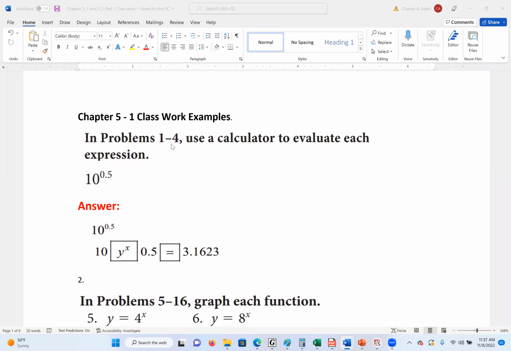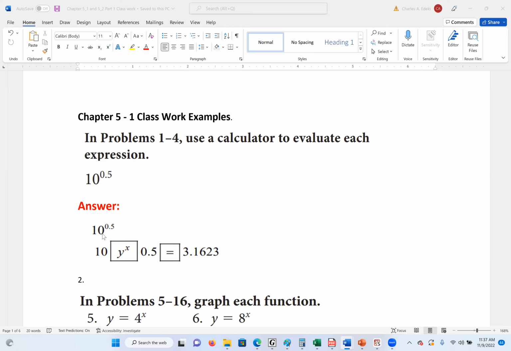Now, most calculators, as we said earlier, have a key y to the power x. Some calculators use x to the power y, but I think the majority of calculators use y to the power x. So to use the calculator to find any exponential value, for example here 10 to the power 0.5,